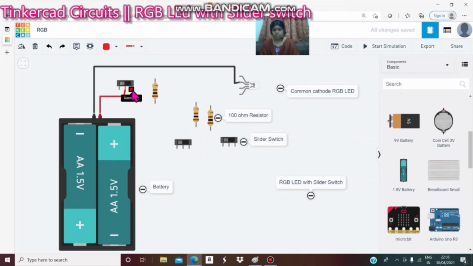Then terminal 2 of the switch is connected to one end of the resistor. Next, the other end of the resistor is connected to the red LED.